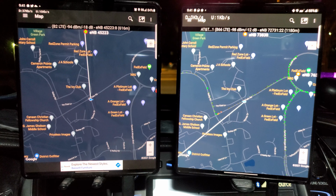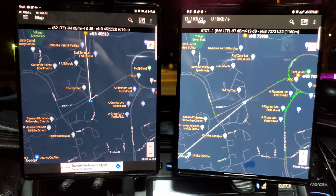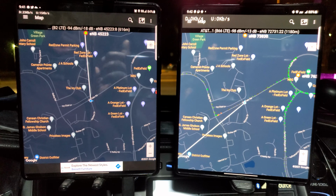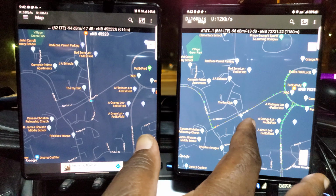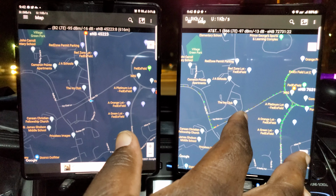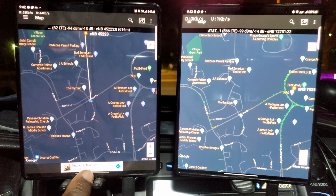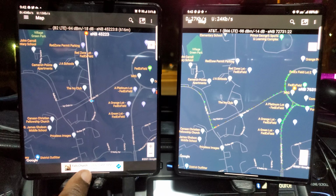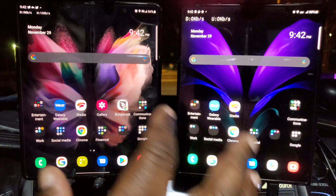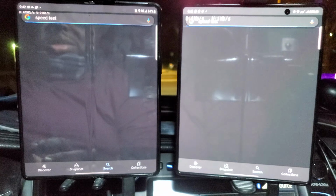I came out here before, and if you look at my other videos, I probably put them in a card referencing back to it to give you an idea of what the networks were doing prior to this football game. But as you can see, FedEx Field is here. This is where I am. The little blue dot. FedEx Field is where that circle is. And the blue dot. All right. So I think, what am I, about probably a quarter mile outside the stadium area. So we're going to do first speed test